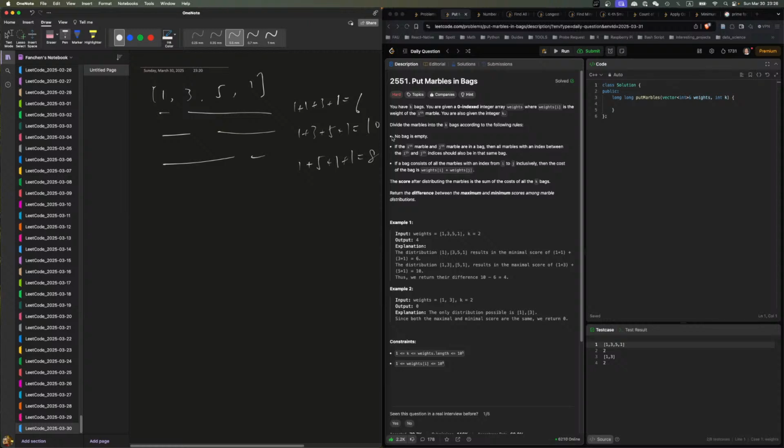So we have k bags, right? Essentially we're picking k minus 1 indices. Each one will produce a value. And if I say I have i, it's like k minus 2, right? So essentially all we have is